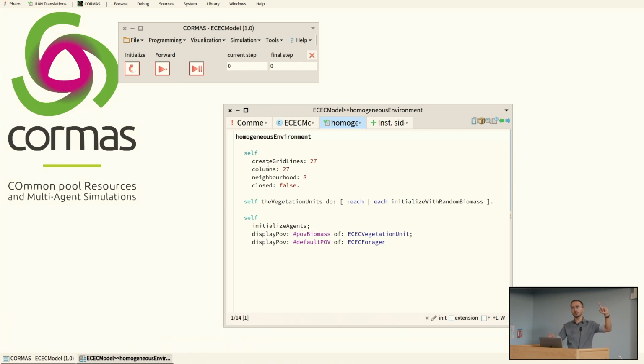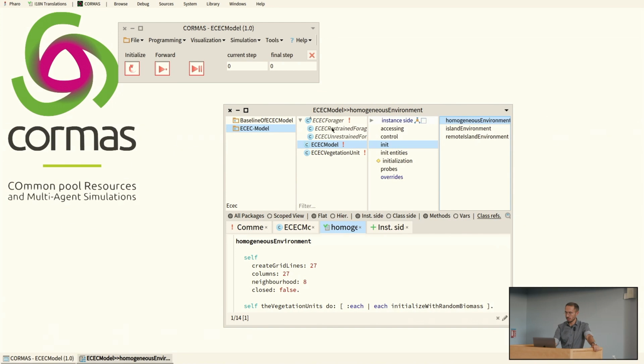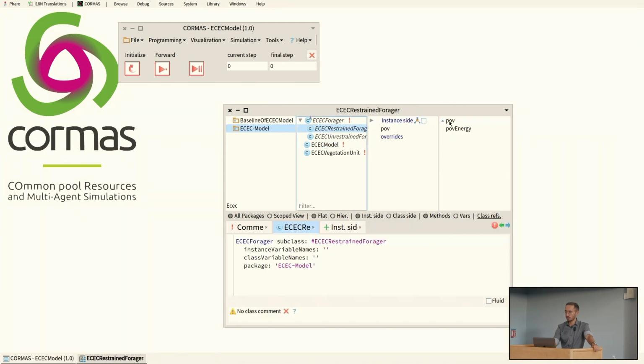The grid is not closed, which means that if you go around the edge, you come out on the other side. Then you initialize the initial biomass of the vegetation units, or the plants, and you also initialize the agents, and you display the POV of each agent. The POV is the point of view. As you can see here, as you click on each agent, it has the point of view, the POV